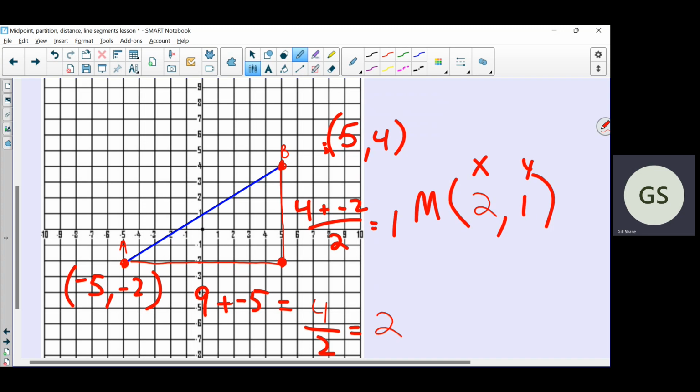Now, if I come over, I'm still wrong. That's not going to be the middle. 2 and 1. Add them together. 2 divided by 2, so that's 1. 5, 4 is that point. -5 and -2 is that point. Oh,